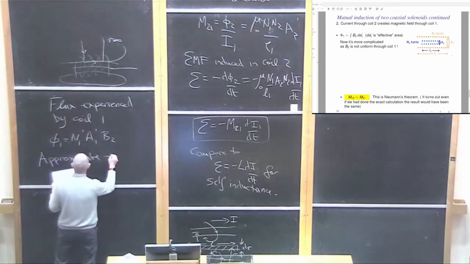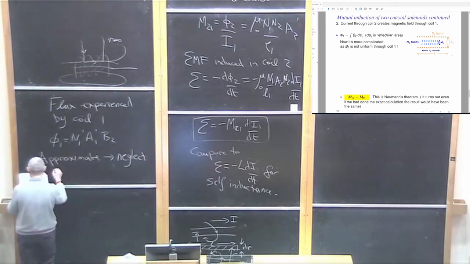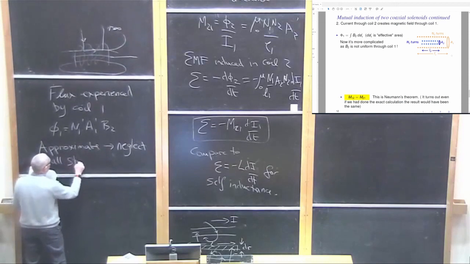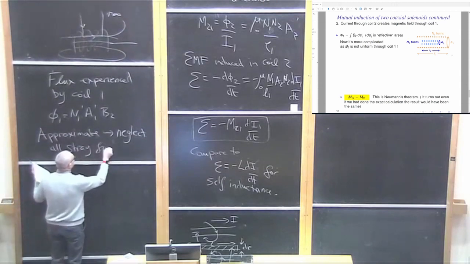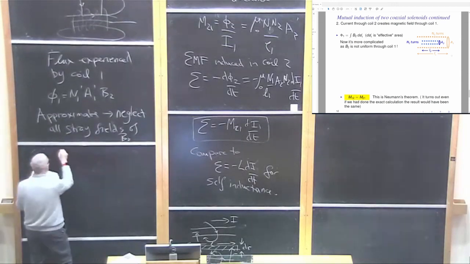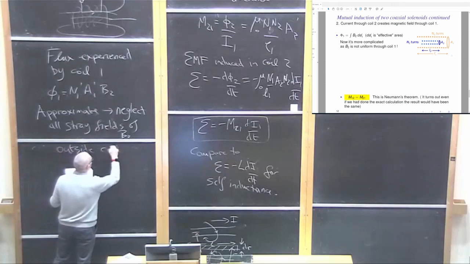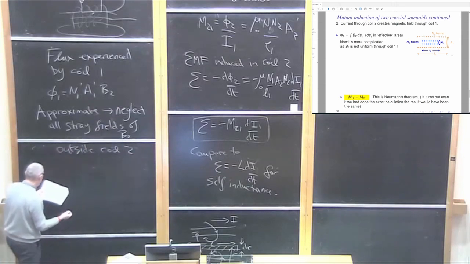So I'd neglect all stray fields of B2 outside coil 2. So then this becomes an easy